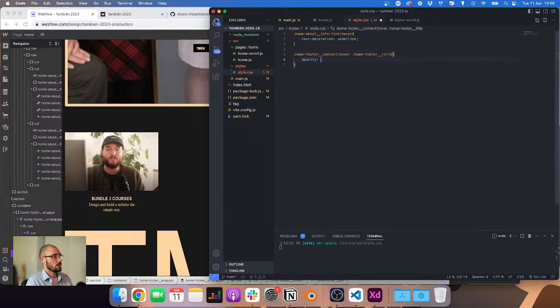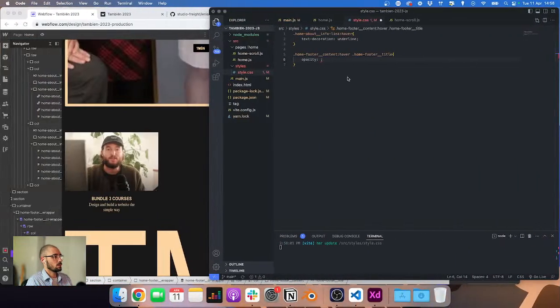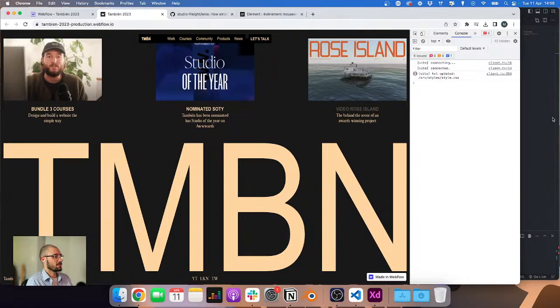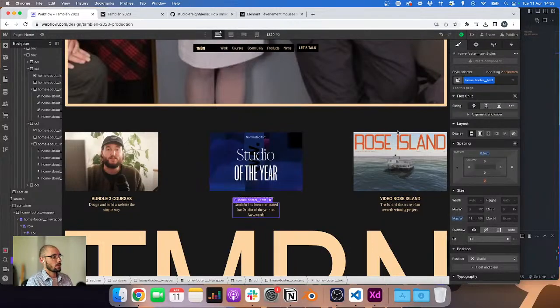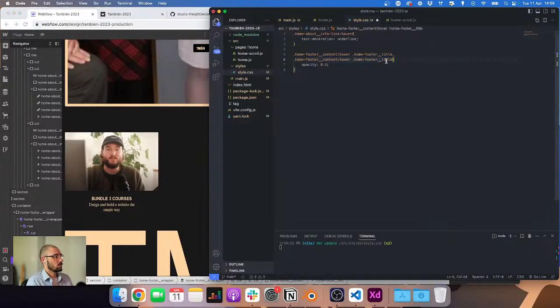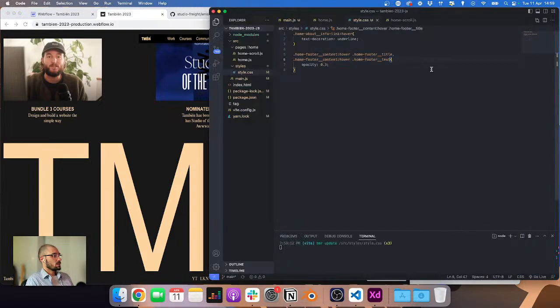And if I say opacity and then 0.3. Yeah, it's working good. Let's see. I'm kind of wondering if I do this. All right. Okay, let's just add a bit of